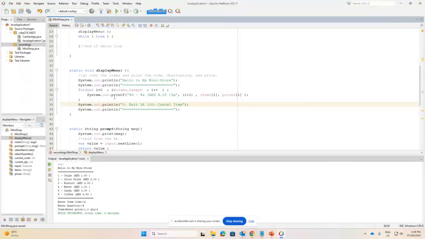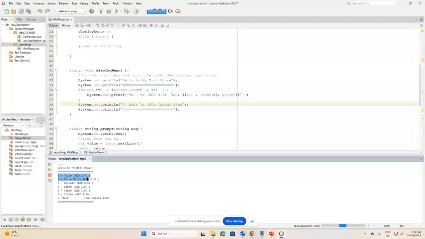This way, if we run again, you will see that in addition to this menu, the user or the cashier can enter 0 to exit and 100 to cancel an item. There are some spaces. I can put a new line, maybe it would be more appropriate,